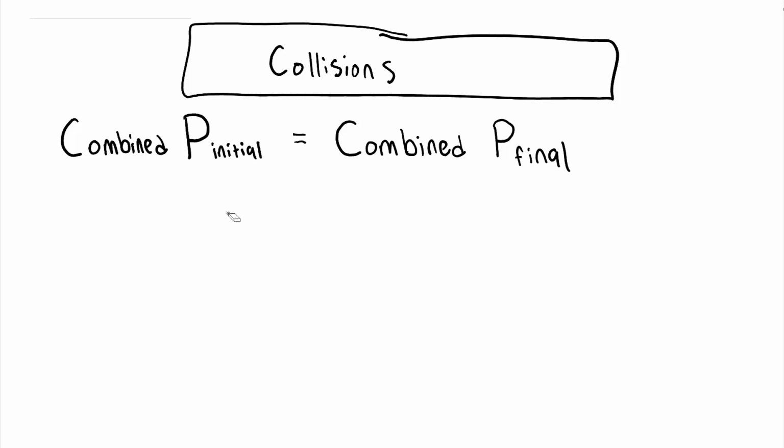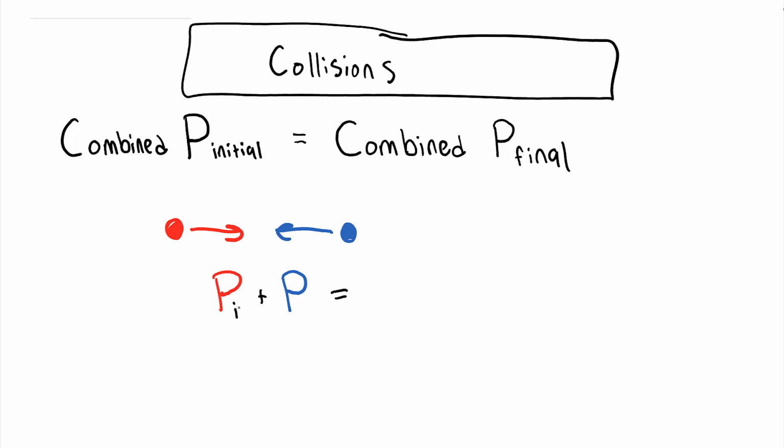So let's say that you have two cars. You have a red car that's moving this way, then you also have a blue car that's moving this way. After they collide, they're moving in different directions. They bounce off each other, and you want to know what happens. Well, the way you figure that out is you say before the collision, the momentum of the red car plus the momentum of the blue car